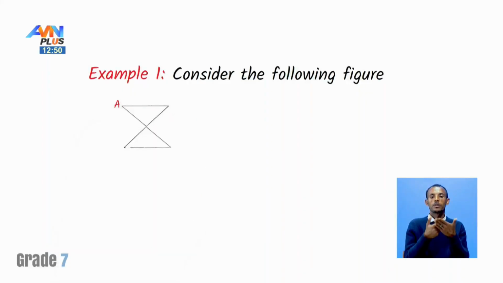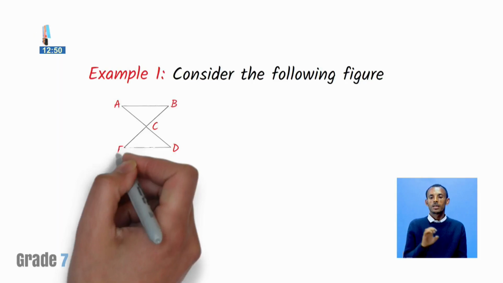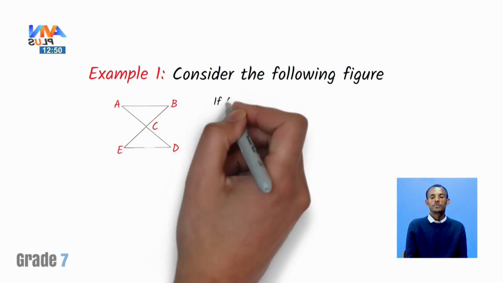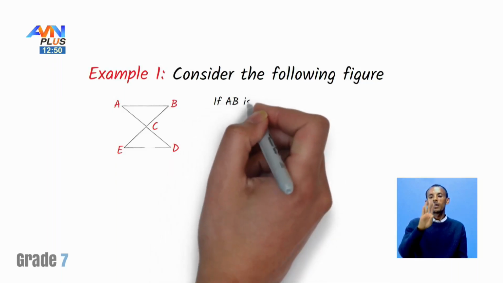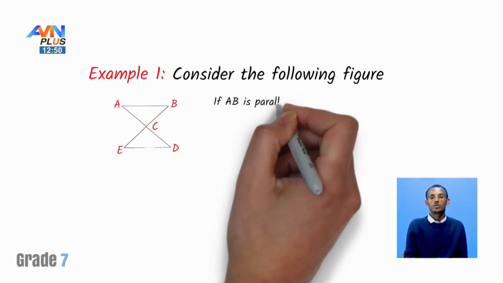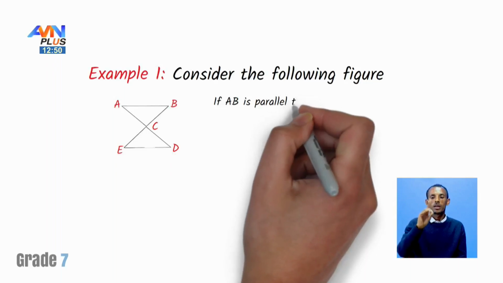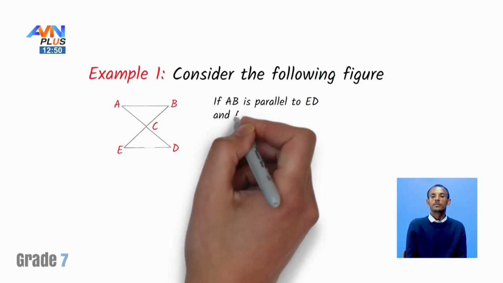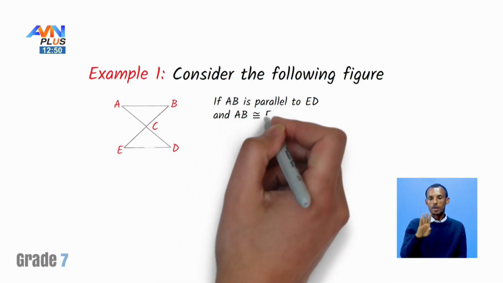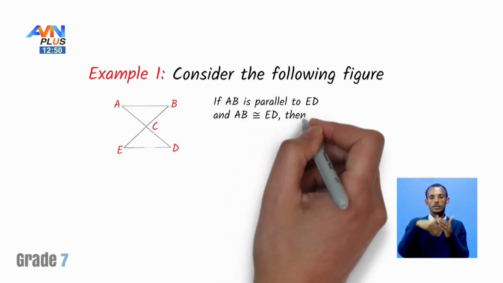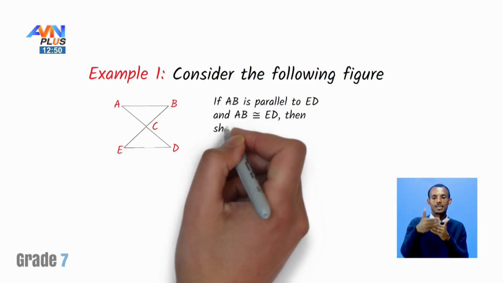Here, this side is A, B, C, D, E. If AB is parallel to ED, and if AB is congruent to ED, then show that